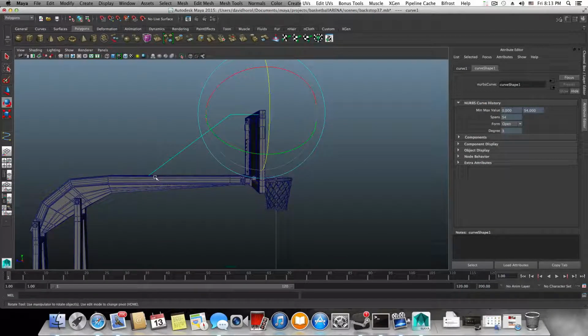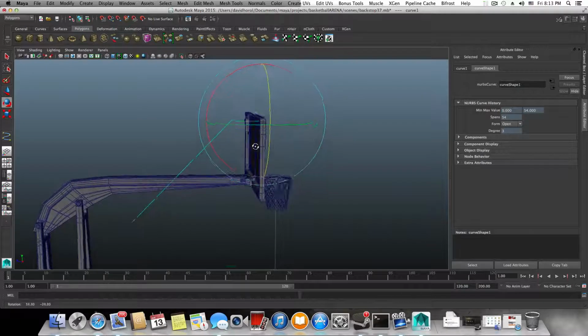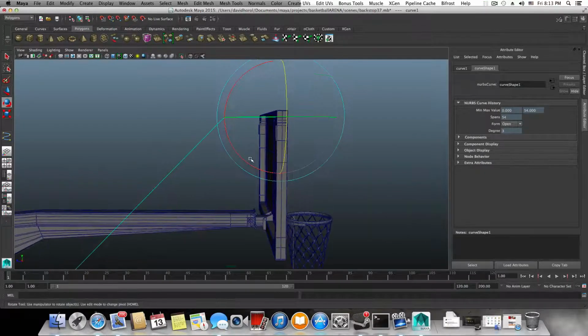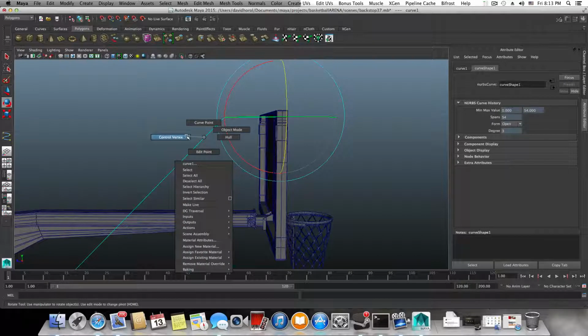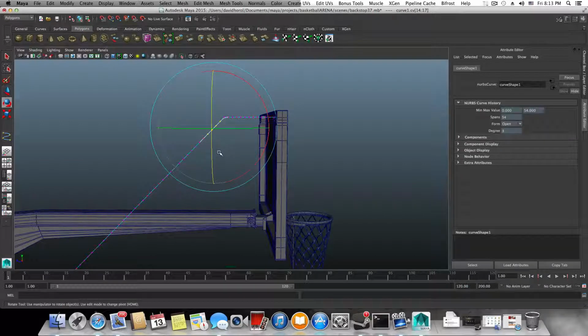It's not the center already. So what I will do here, I'm gonna undo the rotation for a second, and we can do something such as this. We're gonna right click, hold on the control, right click, choose control vertices, and we can bring like 4 vertices